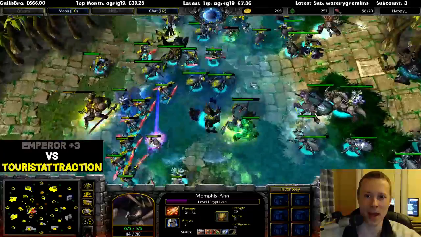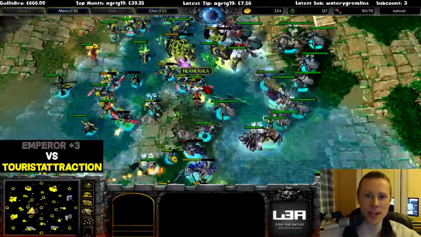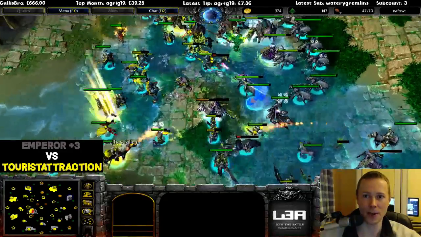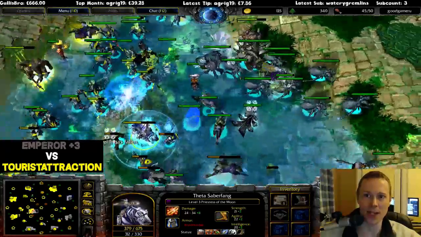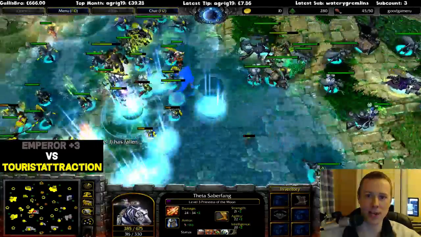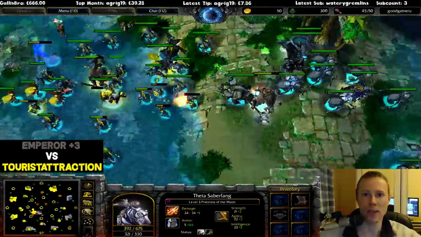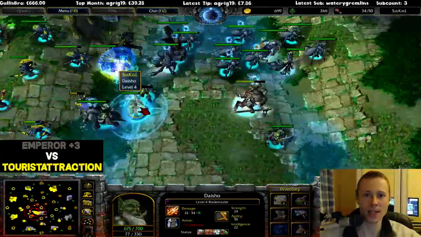Another Impale there from Happy going down on the other undead Nefalt, otherwise known as Checky, losing his Crypt Lord as it's just slightly pushed too far. Good game, RU. Really struggling to get those heroes back. Has the town portal out of this situation. It does look good for Tourist Attraction as the town portal goes down for Emperor +3, giving Tourist Attraction the chance to run down the opponents as they attempt to run away, which is where town portals...